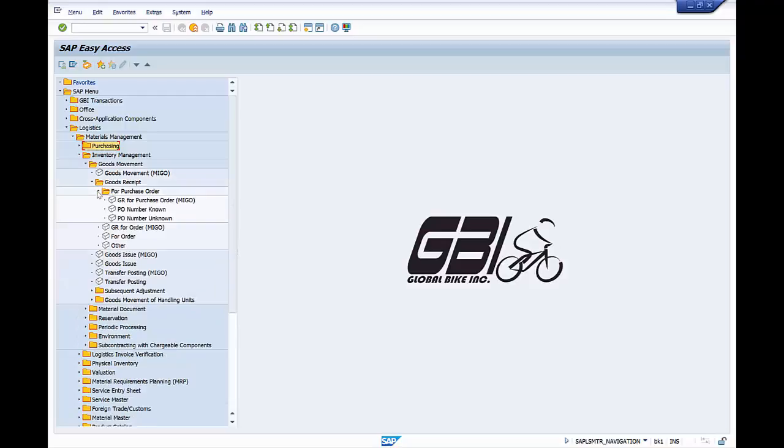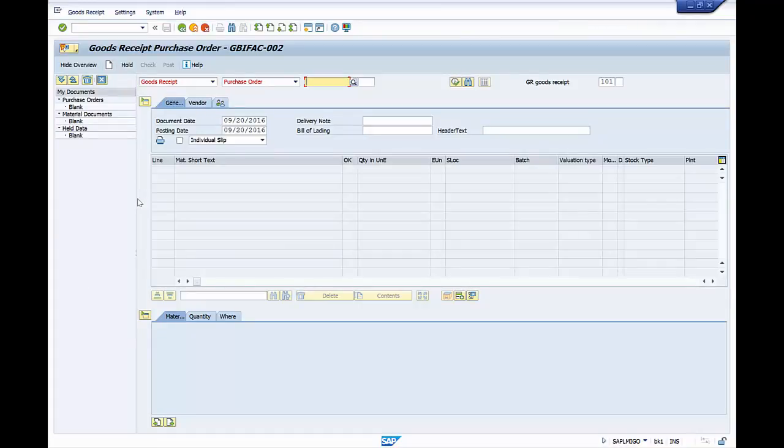I'm going to expand that. And one of them says goods receipt for purchase order. So let's double click on this one, and it shows up the screen. Now right now the screen is empty. Okay, so I must actually find my purchase order. So let's try that. Alright, so goods receipt for the purchase order, and this field,